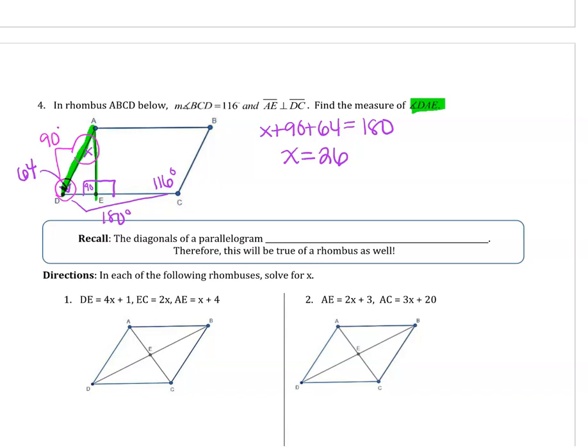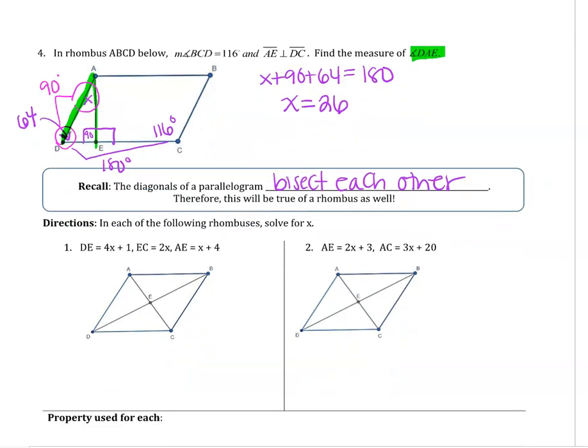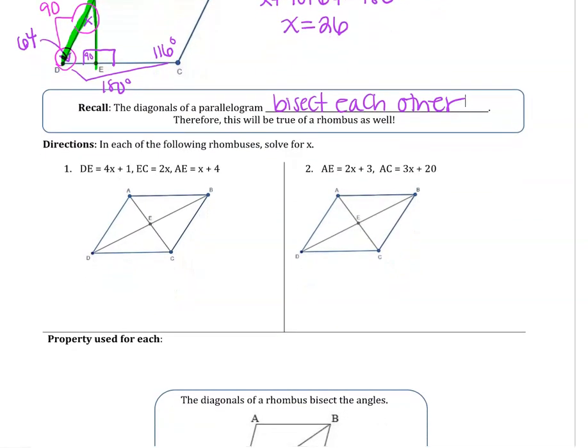Now, recall that the diagonals of a parallelogram bisect each other. We talked about this last lesson. Bisects means cutting in half, so that means they're intersecting at a midpoint, and a midpoint divides. Therefore, this is going to be true of a rhombus as well. So in each of the following rhombuses, solve for x. Well, if I know that DE, which is this section right here, is 4x plus 1, and AE, which is this right here, is x plus 4,